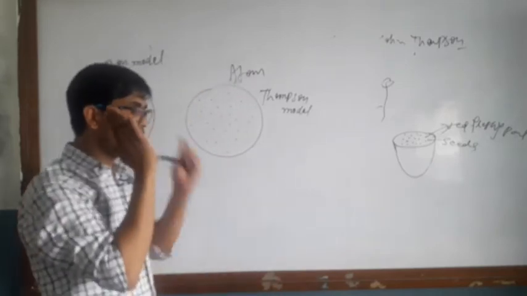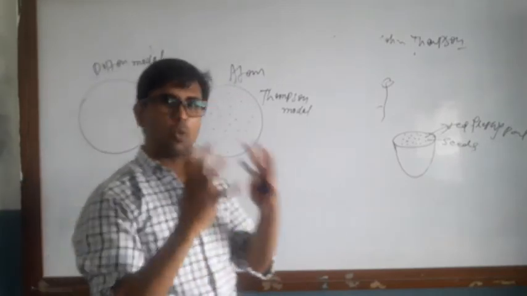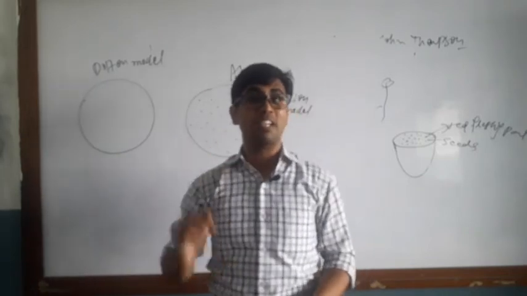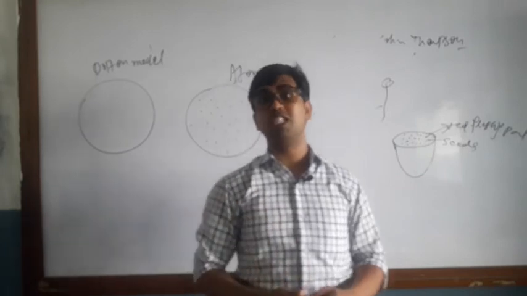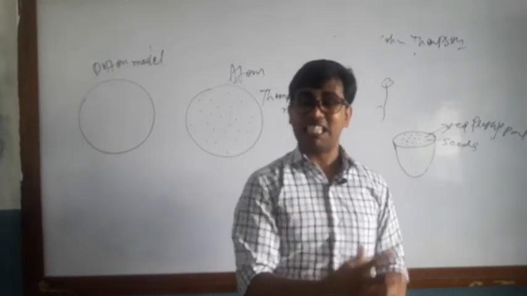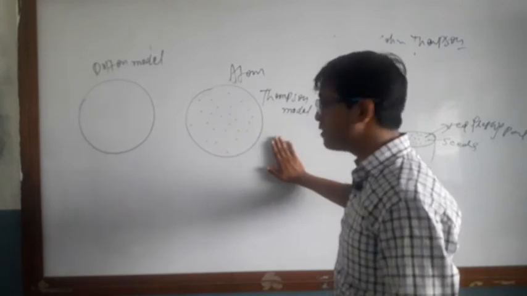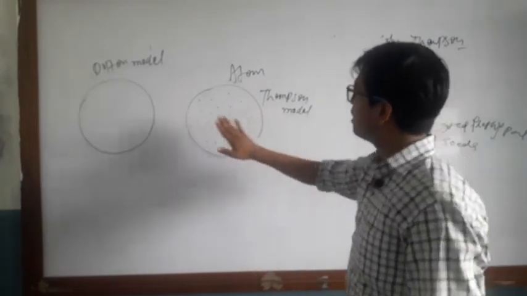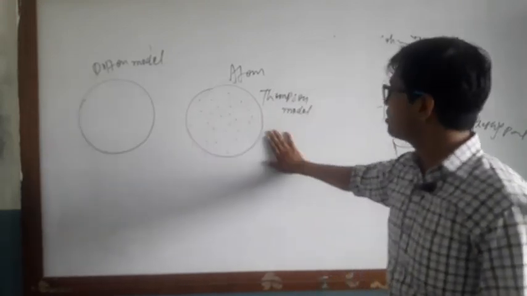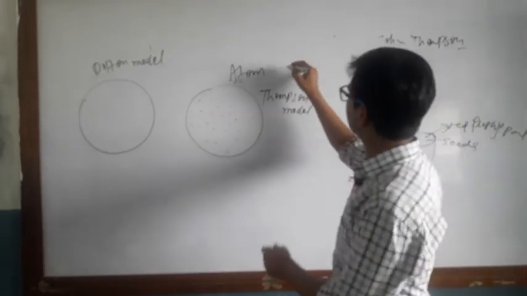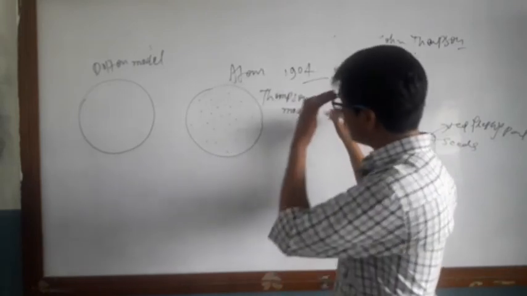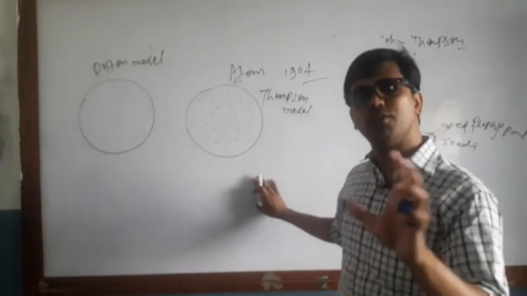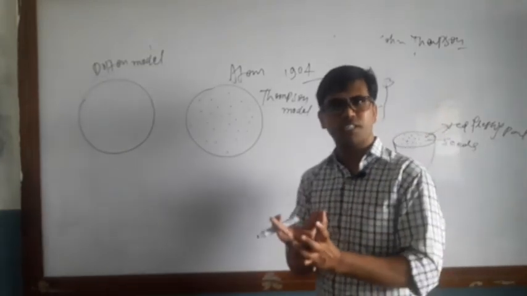Okay, what is the role of different scientists? What was the quest? What was the quarrel between different scientists? What was the Copenhagen interpretation? What was the role of Niels Bohr? How did he succeed? How did different models also fail? So here after the model of John Dalton, the J.J. Thomson model came up in 1904. In 1904, the J.J. Thomson model proposed that positive and negative charges are actually flowing or resting inside the sphere.